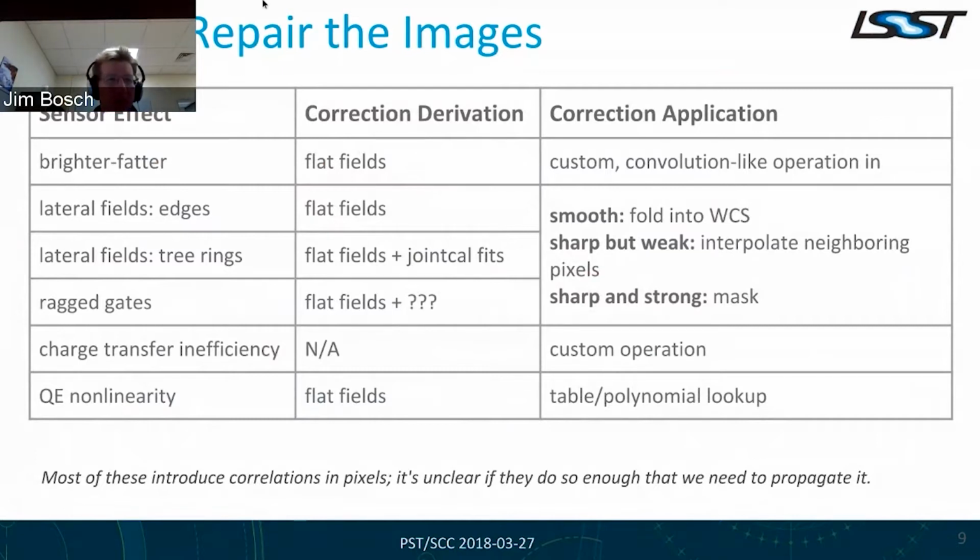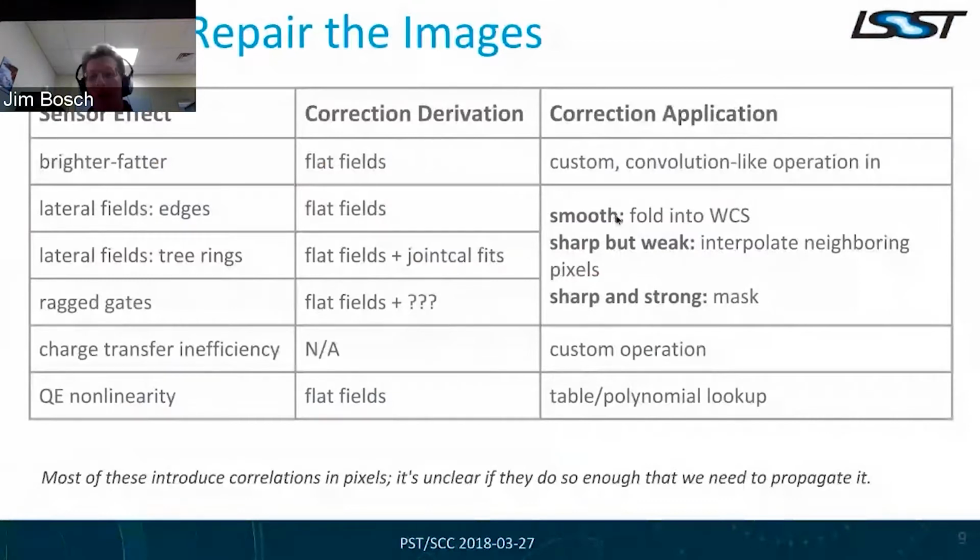That includes things like brighter-fatter, which makes it so the PSF is not a convolution, or at least that's one way to think about it. There are various ways to create lateral electric field sensors that essentially shift the boundaries of pixels around. We can handle those three different ways depending on how strong and how smooth they are. If they're smooth, then we don't care that these are coming from the sensors rather than some other physical part. We're going to fold them into the WCS